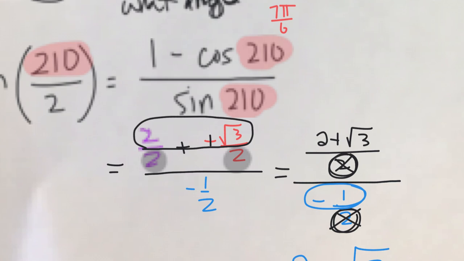So my suspicion at the beginning that my tan of 105 would be negative is, in fact, coming true. So I'm okay with this answer. It's a negative. It looks very strange, I understand, but it's the right answer. Let's see what's next. The sine at